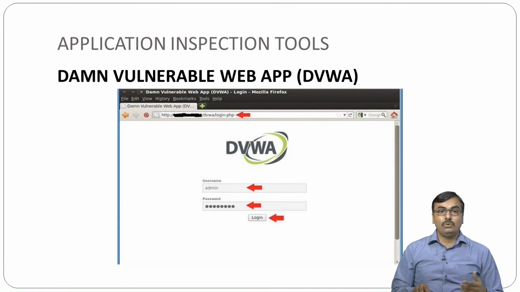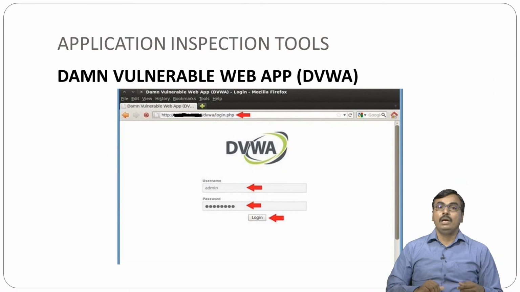By looking at this snapshot, you can see it is a web application. It executes in your web browser. By entering your IP or localhost, you can get the welcome screen on your computer. After installing the DVWA application, again I would like to say that it must be in a contained environment, otherwise your computer system might get compromised. So use it in a restricted environment.